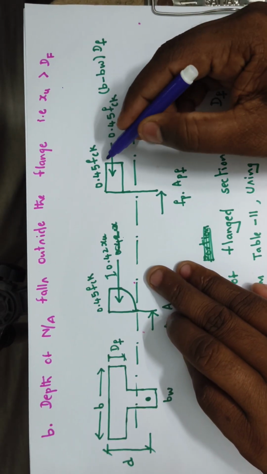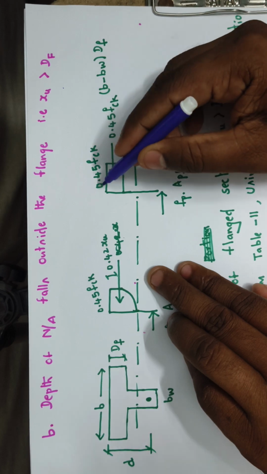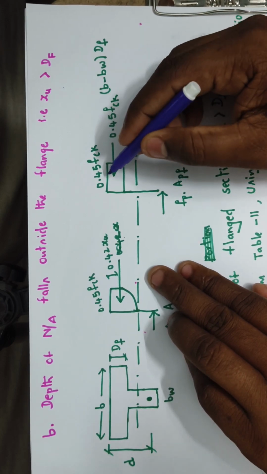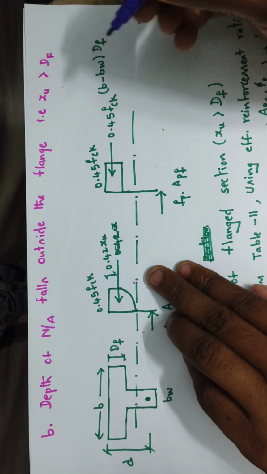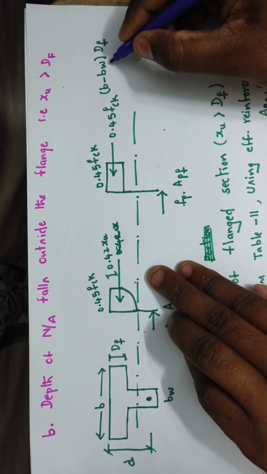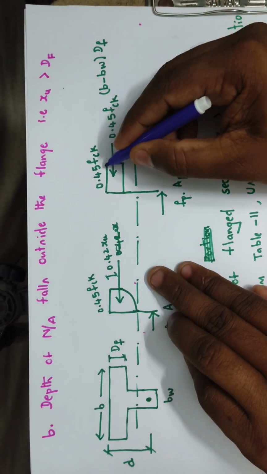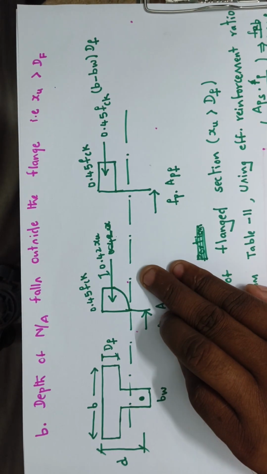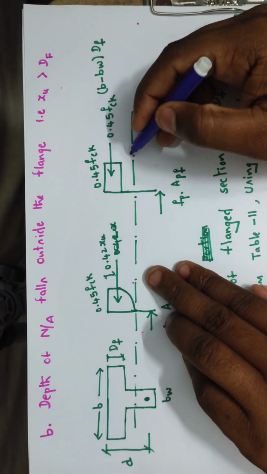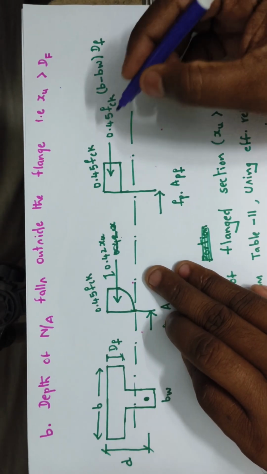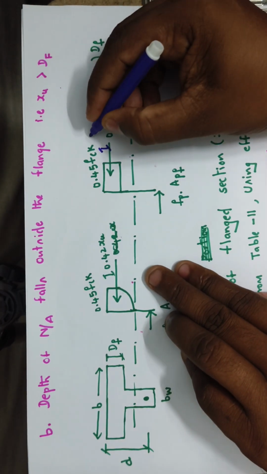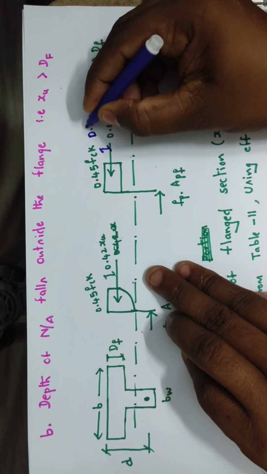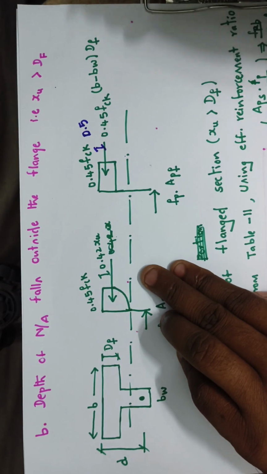That's why the total compressive force is 0.45 fck into (b minus bw) into Df. This total compressive force will act at a distance of Df by 2,